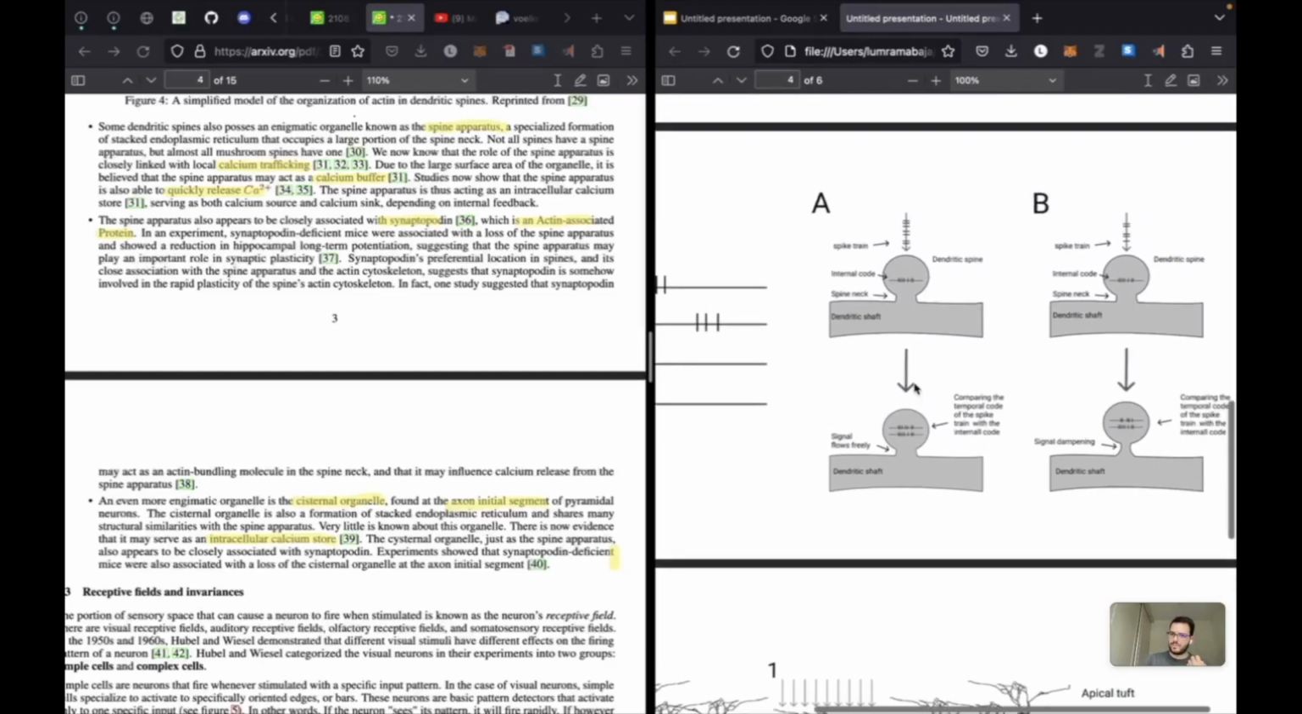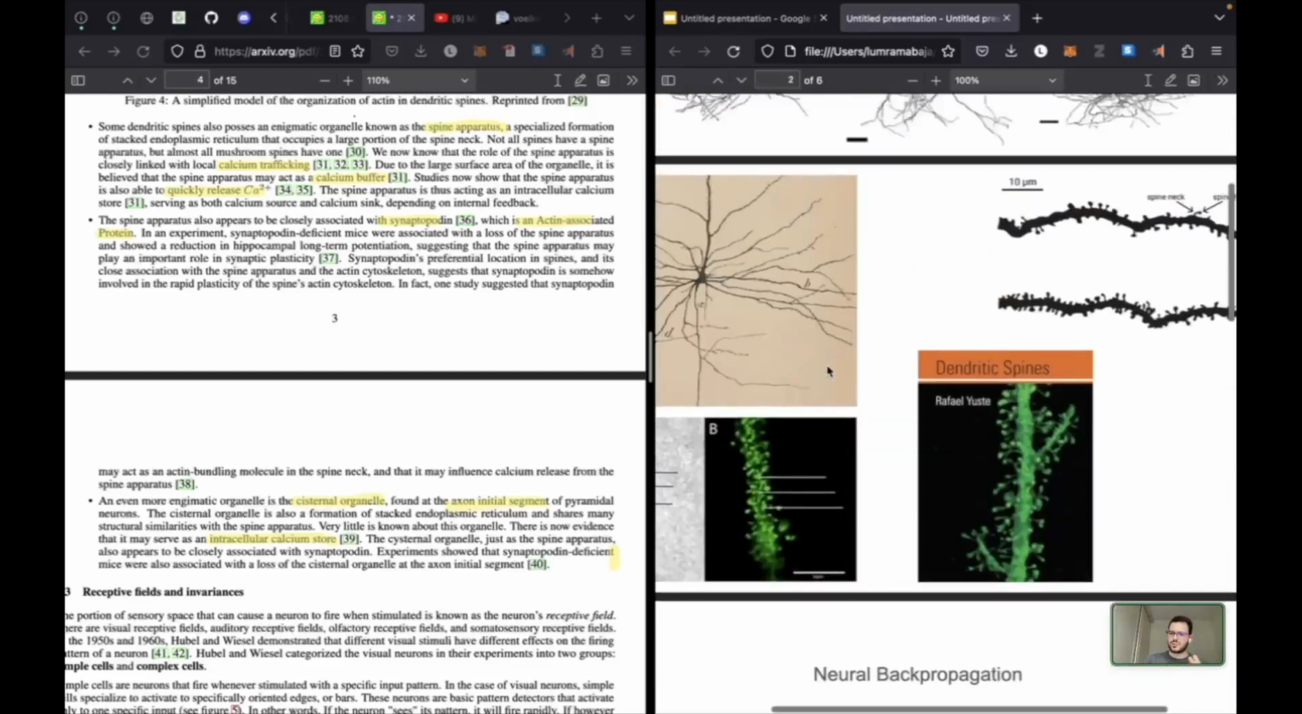As a refresher, the spine apparatus has the ability to quickly release and absorb calcium ions. And I'm arguing that the temporal code either somehow communicates with the spine apparatus or is somehow part of it, working together with the actin-like matrix and the synaptopodin protein and stuff like that that change the shape. Okay, and it was very interesting when I found out that the axon of pyramidal neurons also has an organelle that has the ability to quickly release and absorb calcium ions,